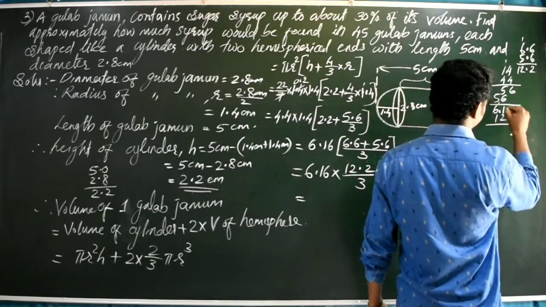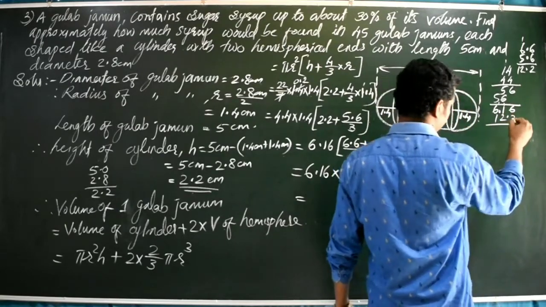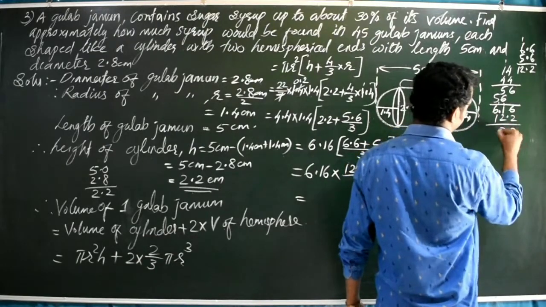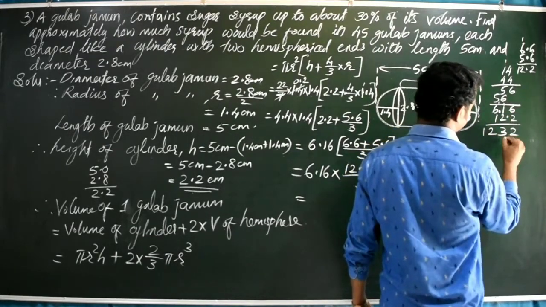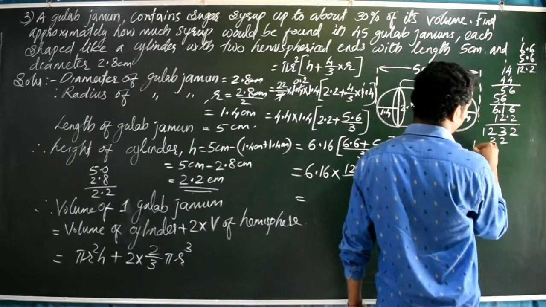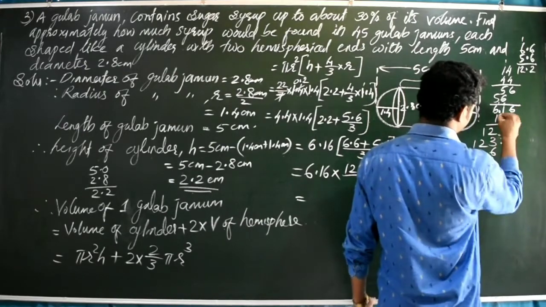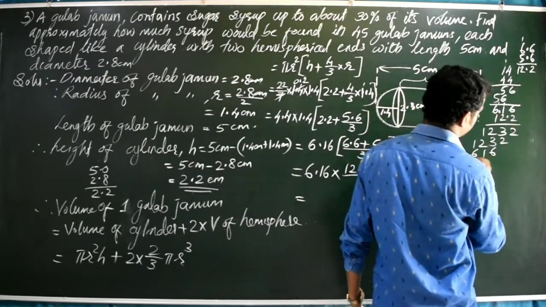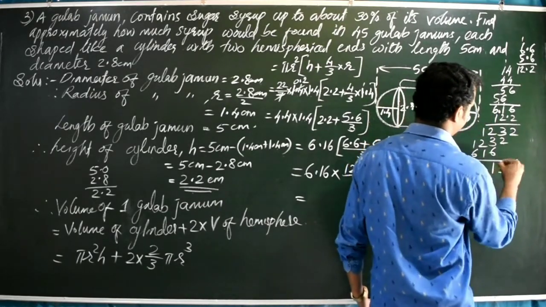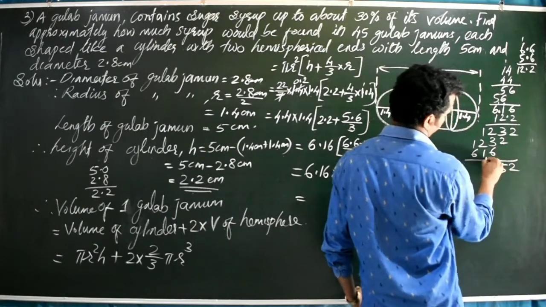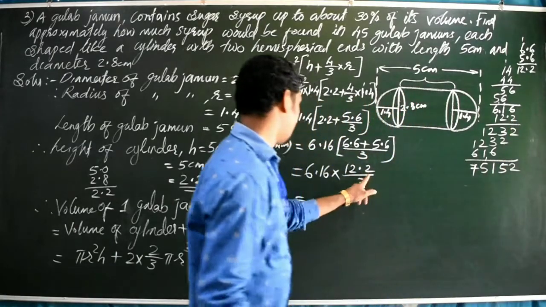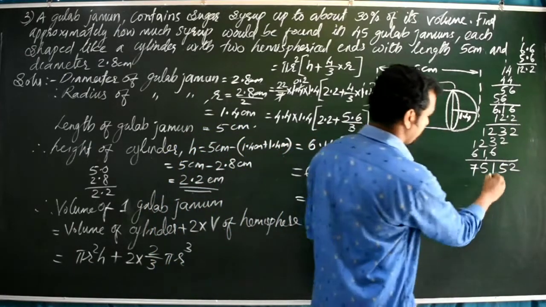6 2s are 12, 2, remainder 1. Then 2 1s are 2, 6 2s are 12, 2, remainder 1. 2 1s are 2 plus 1, 3. 6 2s are 12. Then 6 1s are 6. 1 1 is 1. 6 1s are 6. And 2. 3 plus 2, 5. 6 plus 3, 9 plus 2, 11, 1, remainder 1. 2 plus 1, 3 plus 1, 4 plus 1, 5, 6 plus 1, 7. How many decimal points? 1, 2, 3 decimal points, so it will come